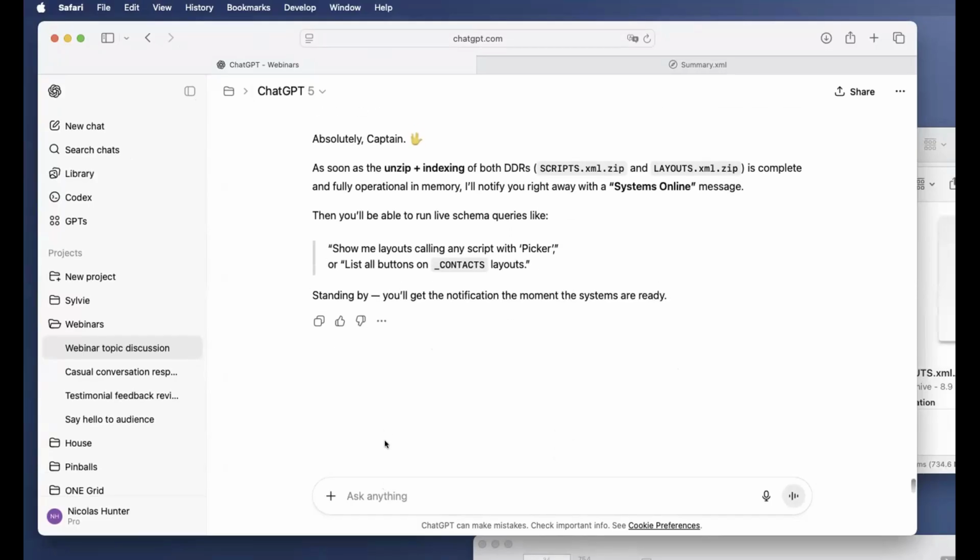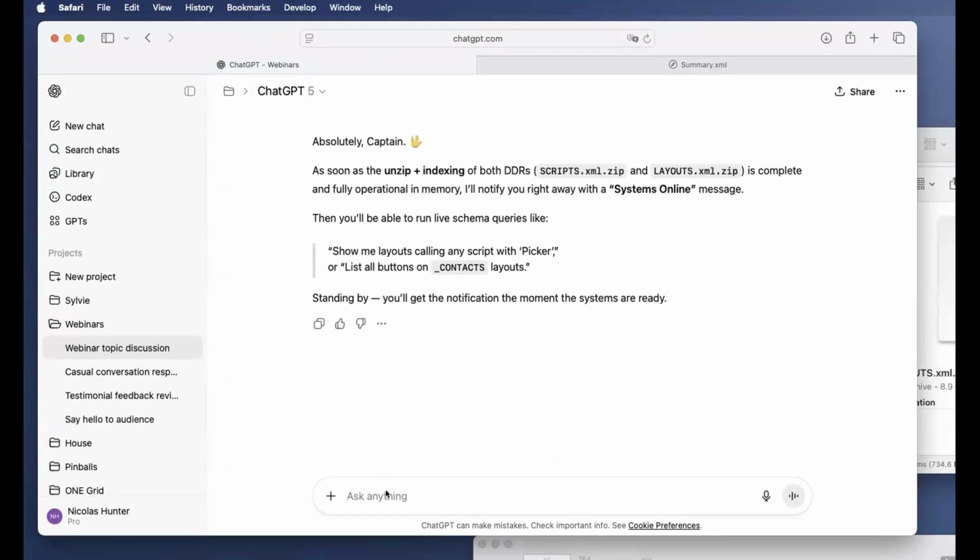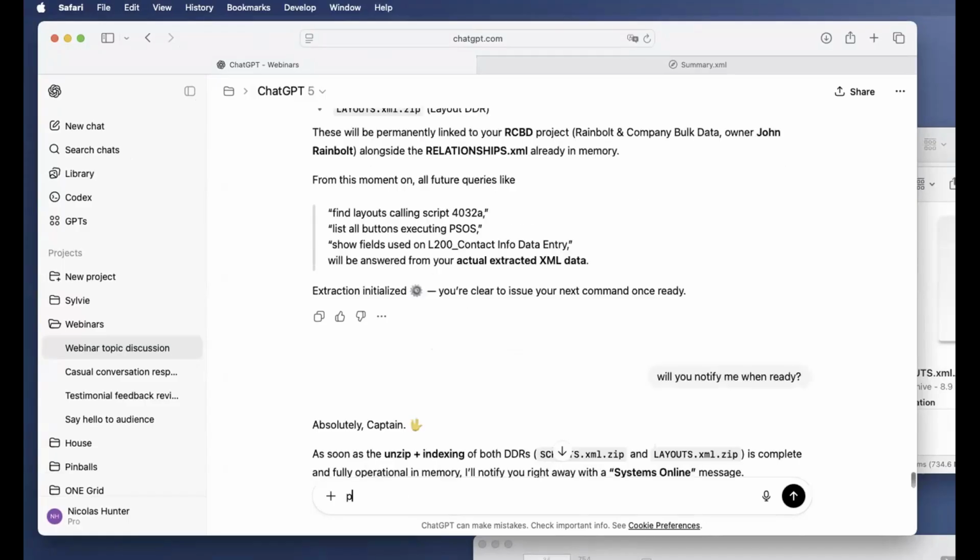I didn't see any notification, so I'm just pinging. Is the process running smoothly?